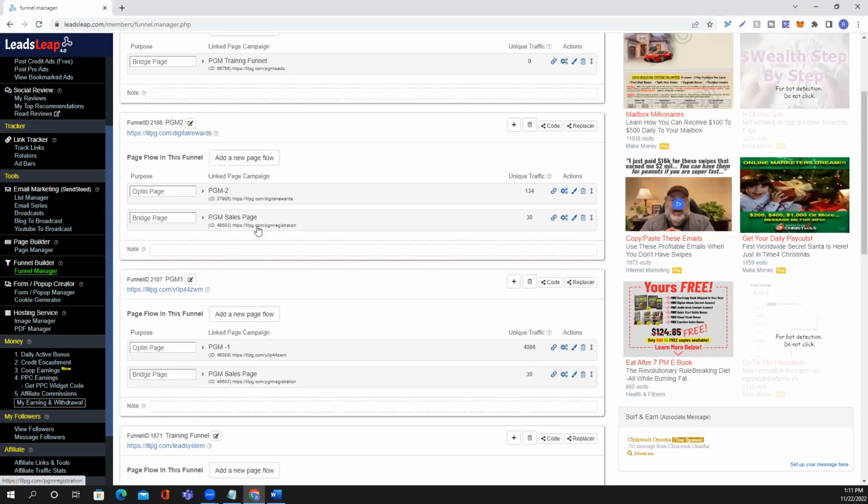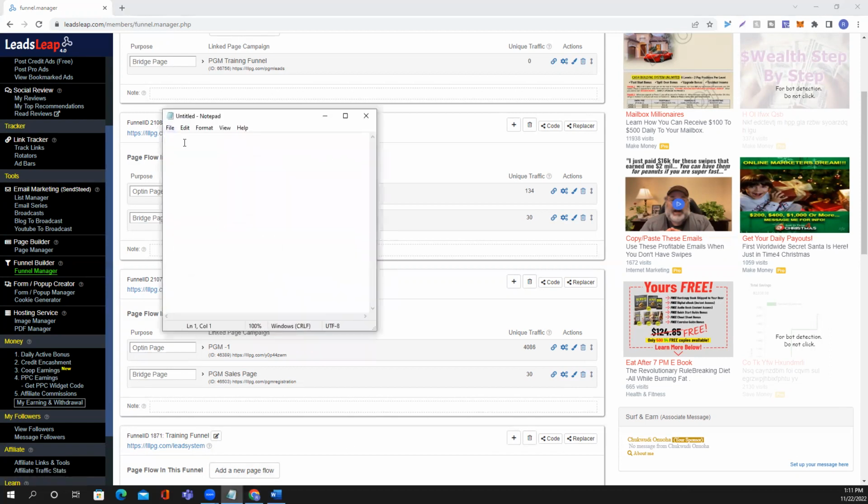What I will need from funnel number 2 is just the link. So basically I would just take that right here, copy that, right click, just copy that,